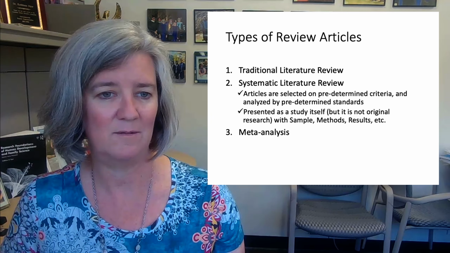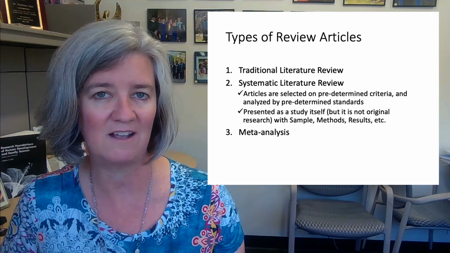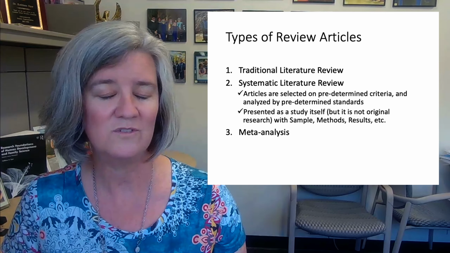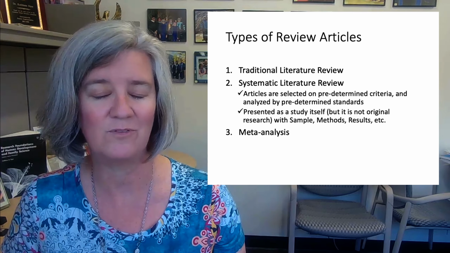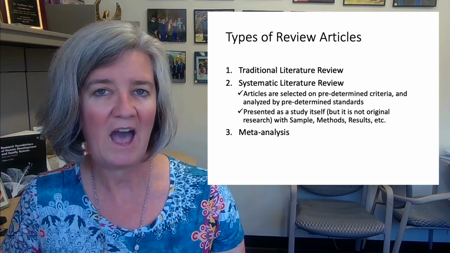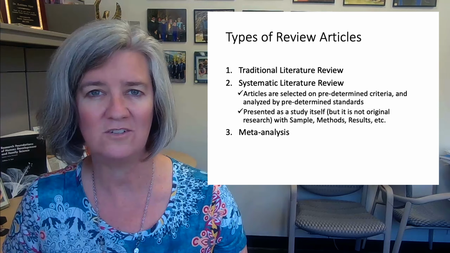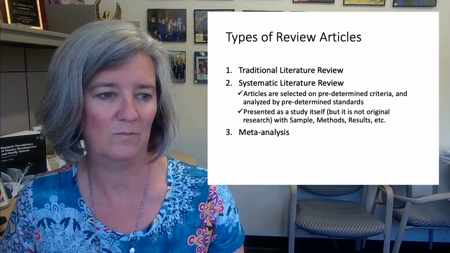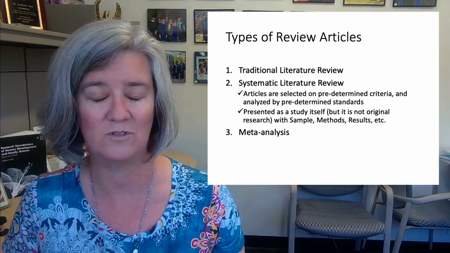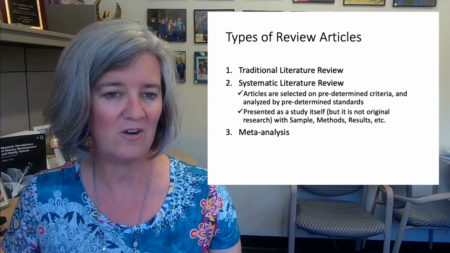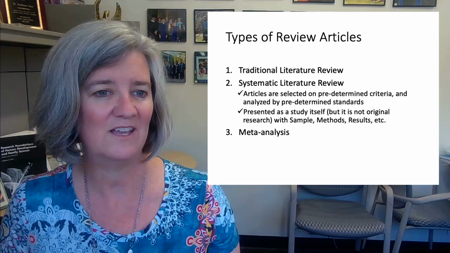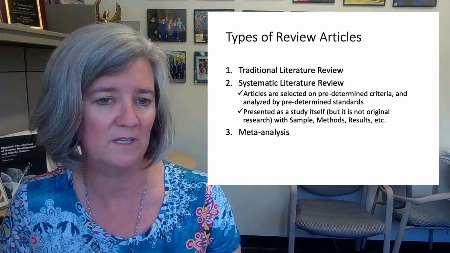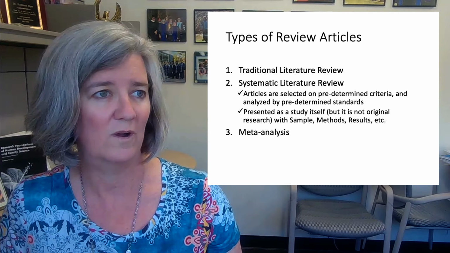It's got a methods section which explains exactly how the sample was selected, and it says how many articles were selected for inclusion in this review, how they were identified, why certain articles were excluded, why certain databases were chosen to look for articles, et cetera, and it lays out standards by which those articles are going to be analyzed. So, for instance,